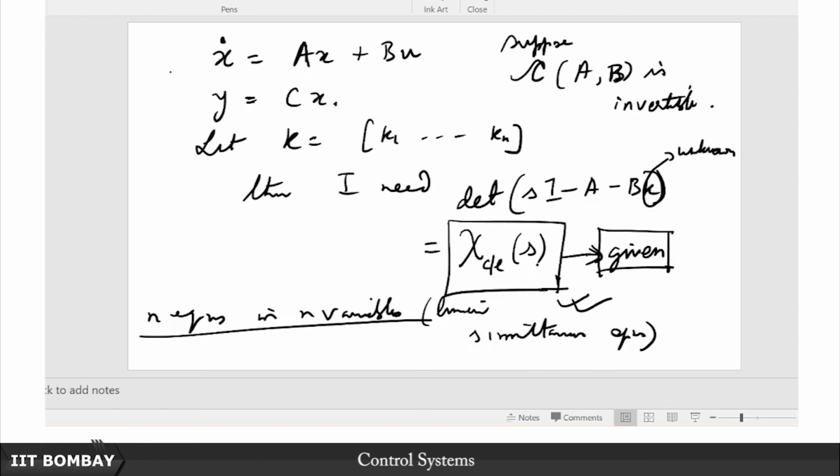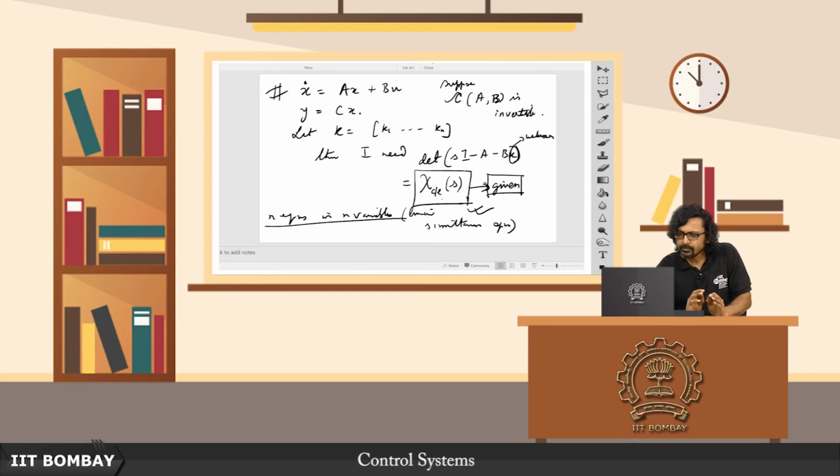So this is the second method which many people actually prefer, although it is not a system of decoupled linear equations and it is not very transparent to see what the gain k will be directly from the coefficients, unlike in the previous case. Yet this method avoids all the pitfalls of computing this controllability, although eventually you will be inverting a matrix at the end of the day. If you want to solve n equations in n variables, you have to invert some matrix or the other, but the good thing is that it does not make you go about in this apparent roundabout fashion.